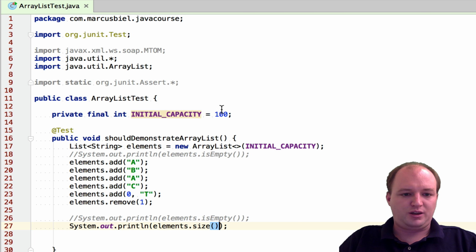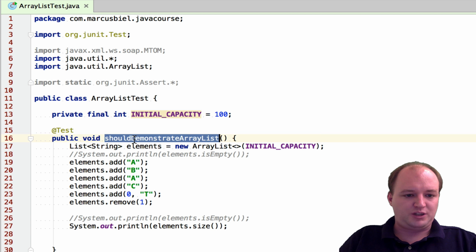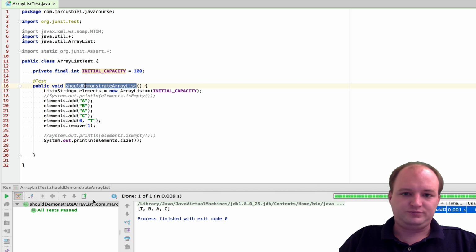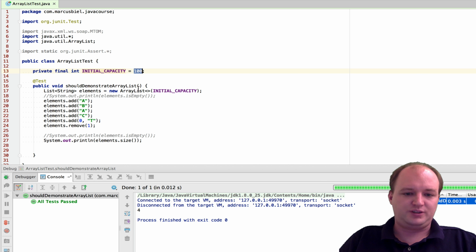My array with a capacity of 100 will be 100 elements big, even though they're empty. But the size, however, will be much smaller. And here you see the size is 4 and not 100. So there is a difference.